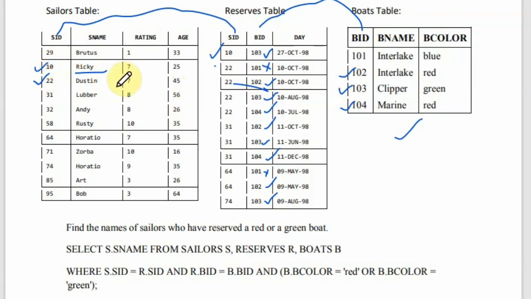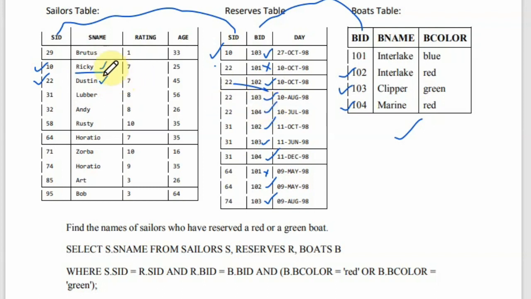Since I didn't use the distinct keyword over here, Dustin will print again in the output, and after that again Dustin will print. So three times Dustin will be printed, for 102, 103 and 104. Then next, 102 Lubber. So I'll get Lubber three times.